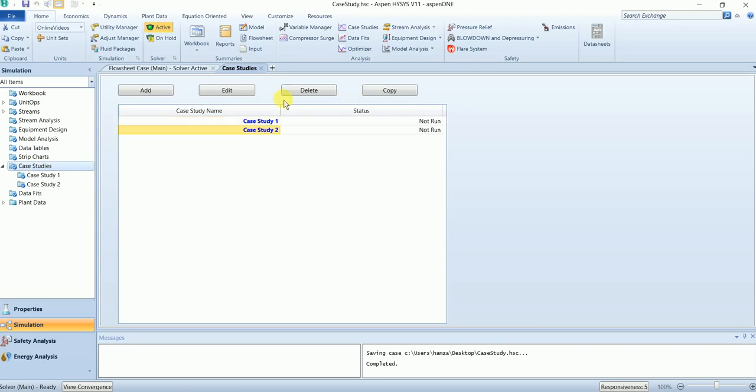Copy to create 4 different case studies. First one is sensitivity. Second is nested, then discrete, and base and shift.